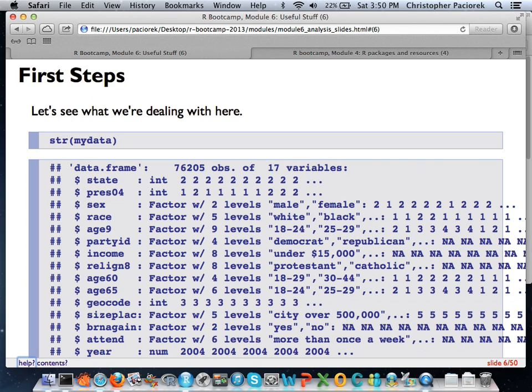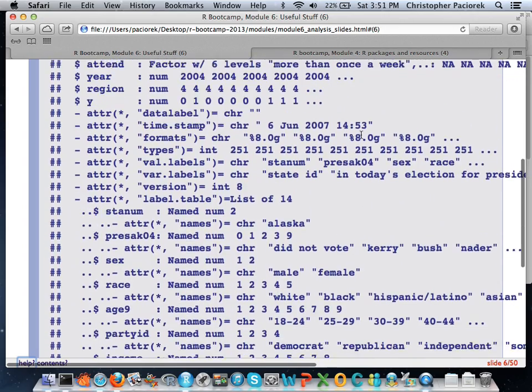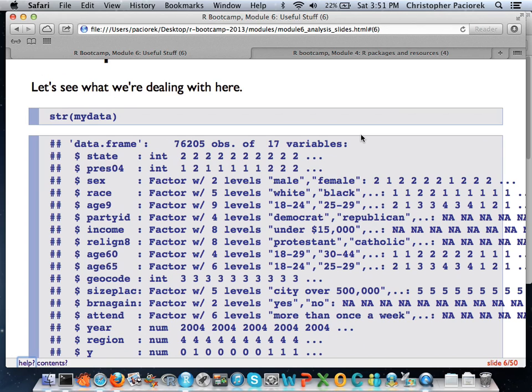A really easy thing to do, which you may have seen already, is to just take a look at the structure. And you can see here in this data set, it's a data frame, and it's got all these different variables right here. We know what kind of classes they are. As you can see, there's a whole ton of factors, which is going to make our life a little bit more difficult. But as Chris said previously, sometimes this is just how these data sets end up getting read into R. But it's good before we actually go into things, especially regression, to know exactly what we're going to be dealing with here in terms of the type of variables. So we see we've got a couple of different things we can take a look at. We have the state, we have the presidential voting preference, we have gender, race, a binned age variable, as well as party ID, income, and lots of other cool things there.